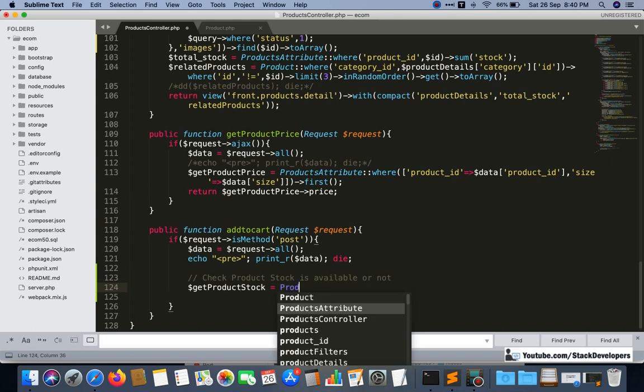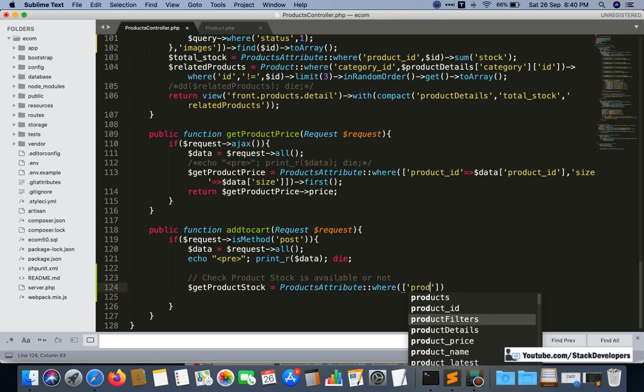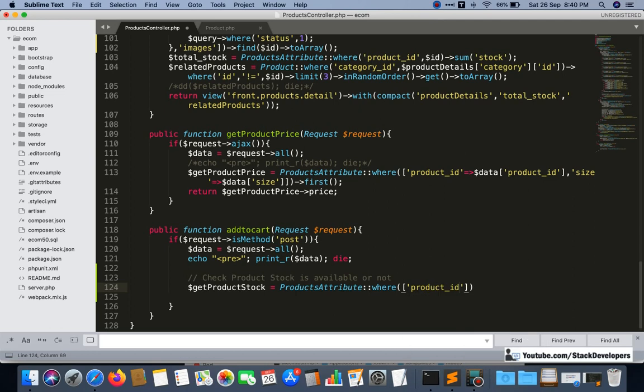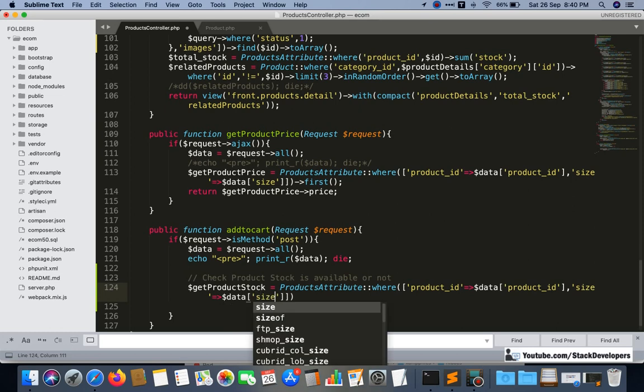Okay, so we are going to get the stock from the products attribute model, where two things we are going to compare, product ID and size. Okay, so here product ID is $data product ID, and the next one is size, and that will be $data size, like this.